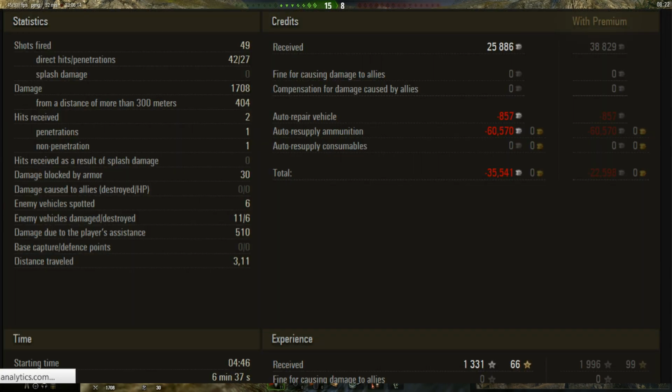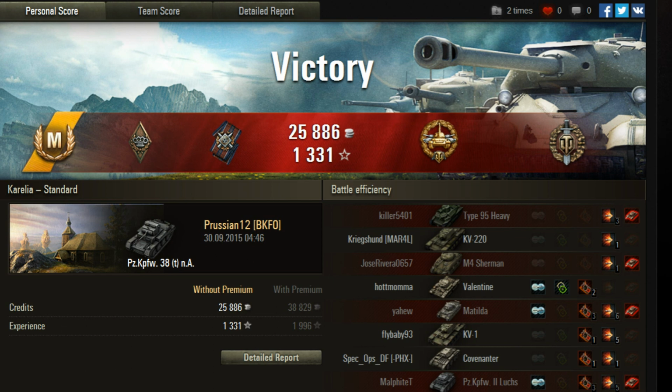1,708 damage and 6 kills. 42 of 49 shooting, that's 86%. He got 510 spotting damage and 6 spots. Lost 22,588 credits, but earned 1,996 XP. Survived the fight, got a high caliber and a Top Gun medal, along with Fire for Effect and